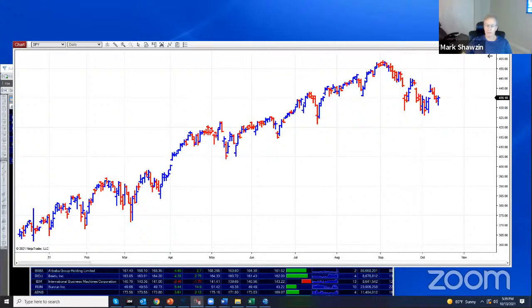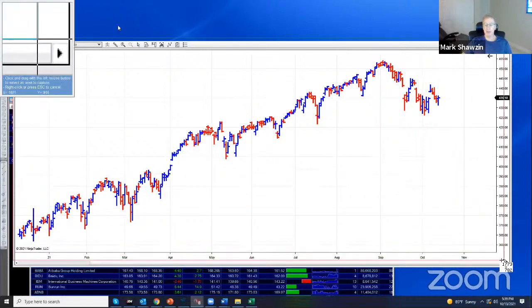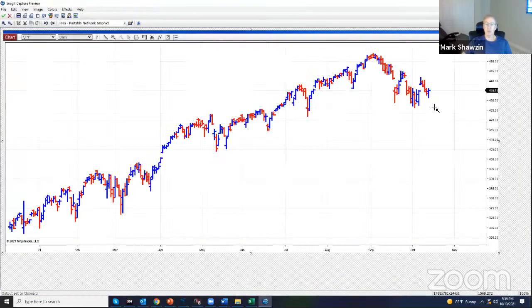So now my whole way of looking at this thing, and again, this is just a tremendous area of support in here. So it's not surprising that we turned around here because you have another double bottom and key reversals all in this area. So this is an area of massive support. And so tomorrow is going to be very interesting as to whether we continue or we fail. So certain reversals look like a reversal, but if they fail, that would also inform me of certain things. So I just look at how things close.